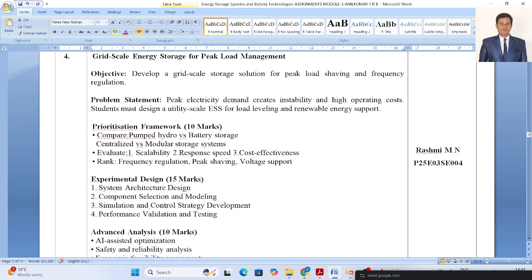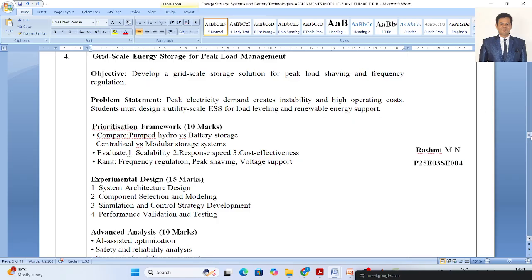Okay, you have to see grid scale energy storage for peak load management. Okay, so you have to see how to scale up the grids, right, for the energy storage, if the load keeps on increasing. Yesterday we discussed this topic, right? I think you were there or not, I don't know, exactly how to do peak load management. Okay, if you read our concept you will understand, or else you try to go with the IEEE papers.